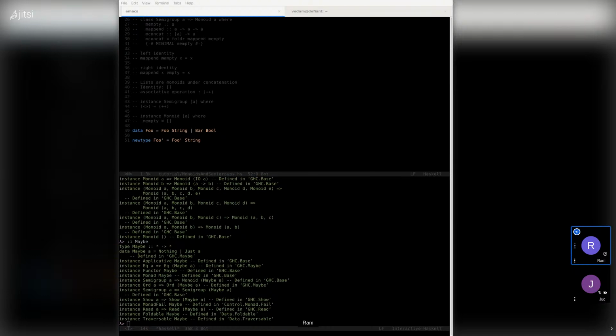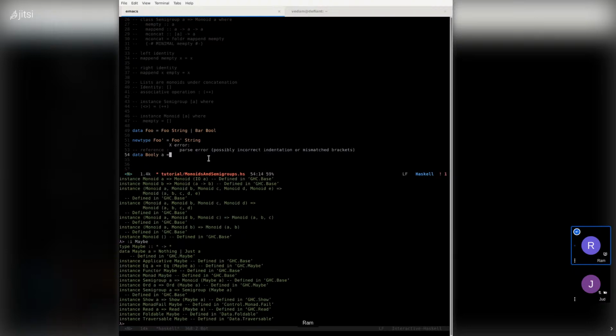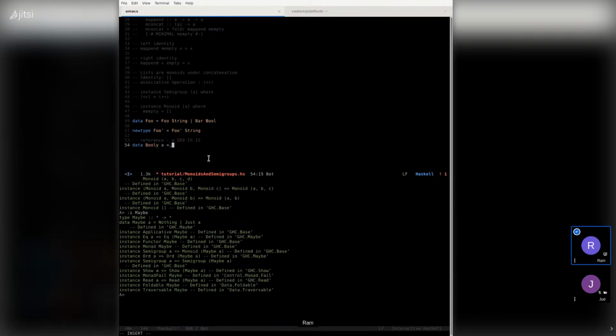An example of this, just to drive this home, is let's say that we are using Booleans. Let's make our own Boolean. This is a very interesting one that was in the book, from page 589, chapter 15. For folks following along, I encourage you to take a look at this, try to understand what it's doing in the book, and even try it yourselves.